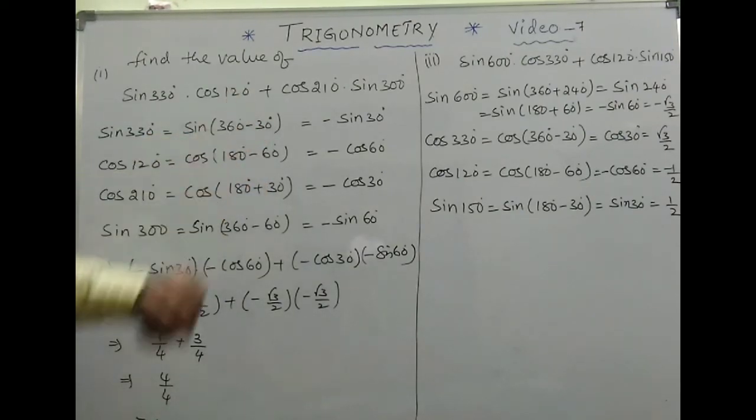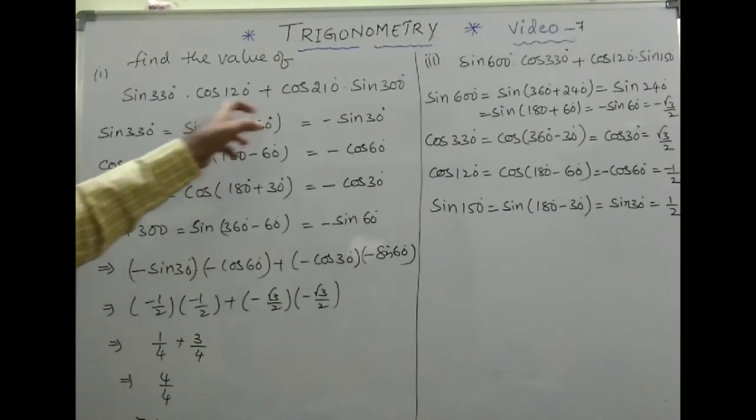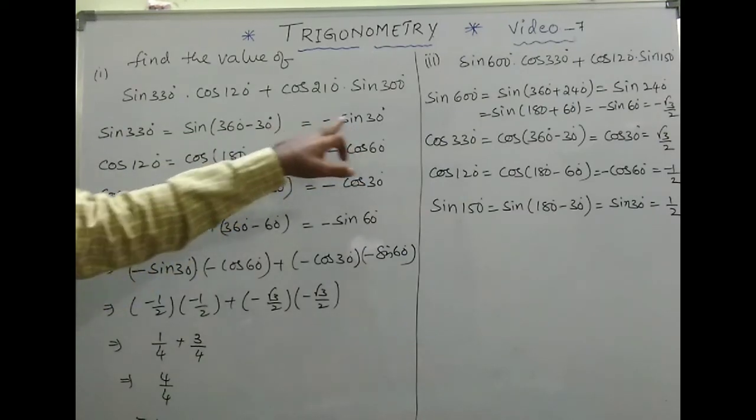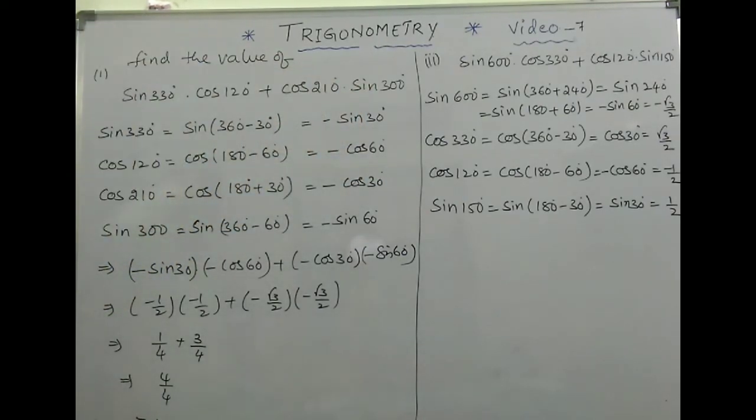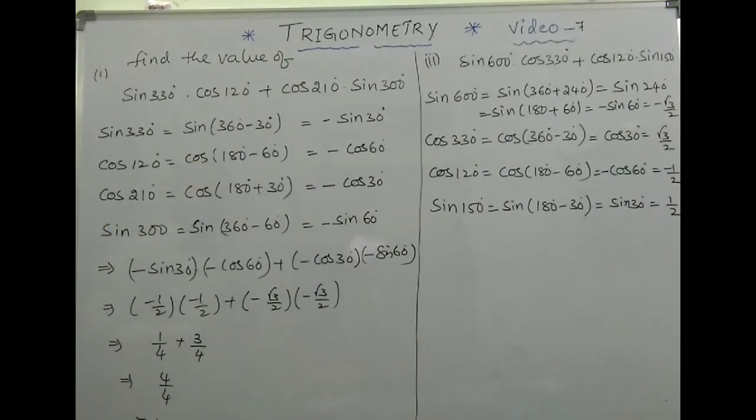Fine. Now you need to ask two questions: number 1, whether the trigonometric ratio changes or not; number 2, whether the sign is positive or negative. Because of 360, there is no change, that means sine remains as sine, and the angle is 30 degrees. Question number 2 is about its sign. Now 360 minus theta is in the fourth quadrant, and in the fourth quadrant only cos and secant are positive, the rest are negative. So this is nothing but minus sin 30 degrees.